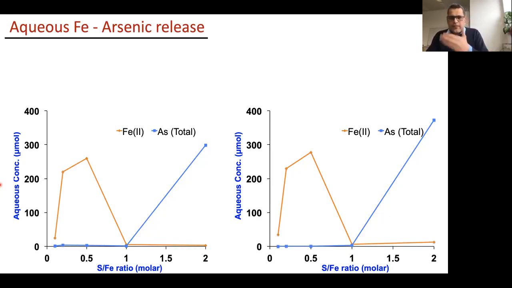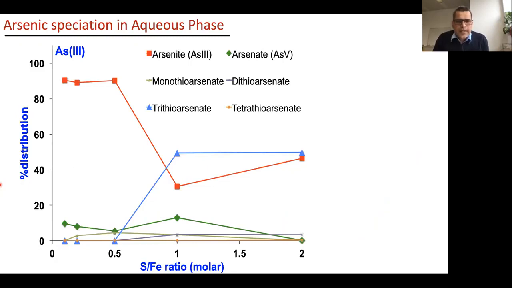So for that reason, we took some samples and collaborated with Professor Britta Planer-Friedrich at Bayreuth University in Germany. We sent her samples, and she runs one of the few labs in the world, only 3 or 4 labs, that can determine these species in great detail as Britta does. So we collaborated with her, we sent her some samples, and she was very kind to do all the analysis. And so what we found in this system is that the arsenic